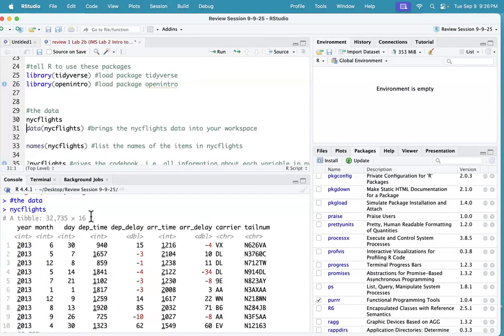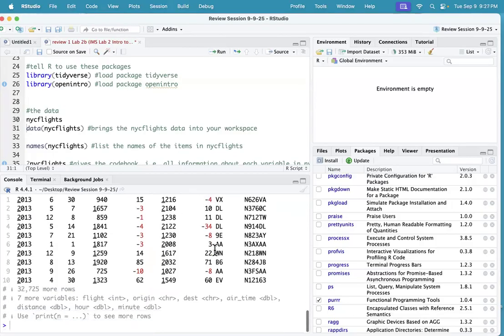So what this does tell me is that this data set has 32,000 lines and has 16 variables. Notice it doesn't show all the variables, it doesn't show all the lines. It only shows us a quick look at this data set. Okay, another way to get the same thing is to use the command data and parentheses the name of the